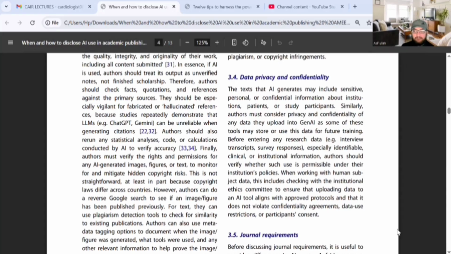Which is incredibly dangerous. Right, because the moment you paste that text into the prompt box, you might be violating confidentiality agreements. The terms of service for many public generative AI tools explicitly state that user input can be used to train future versions of the model. Right, it's right there in the fine print nobody reads. Exactly. So if you input raw, unanonymized patient data or confidential institutional protocols, you're essentially transmitting restricted information to a